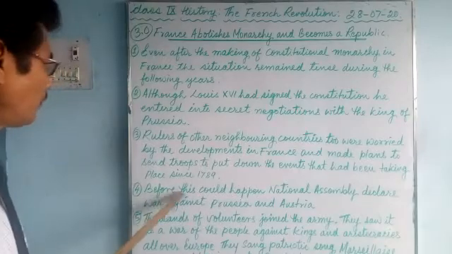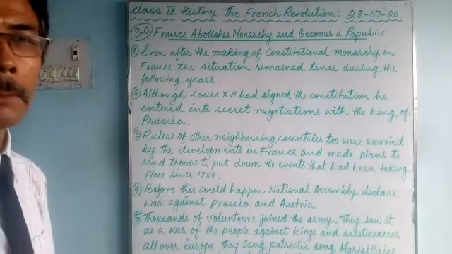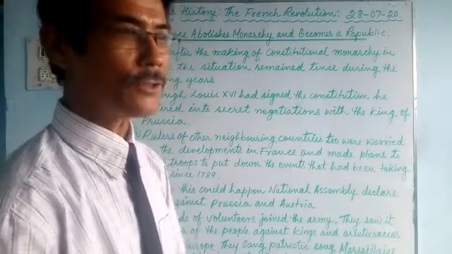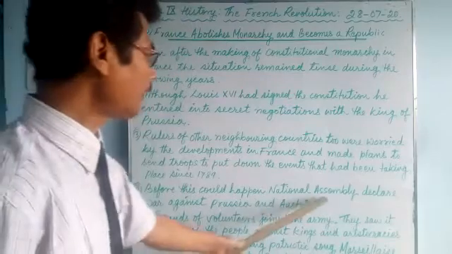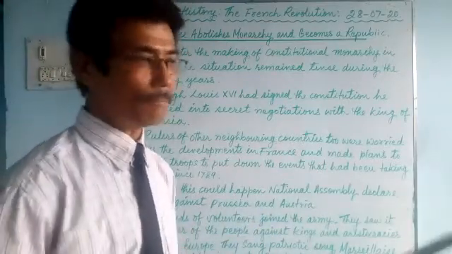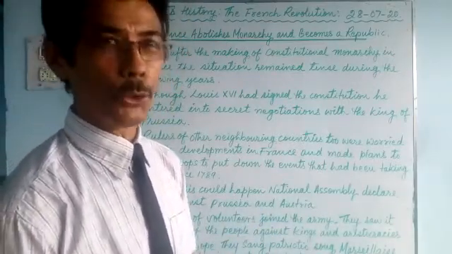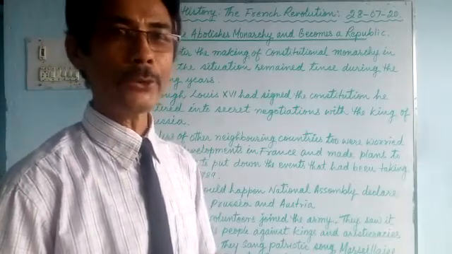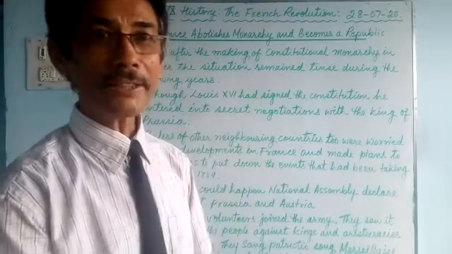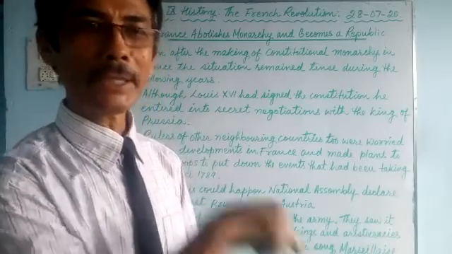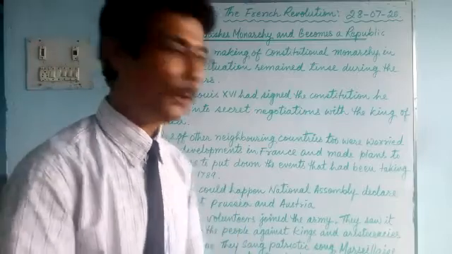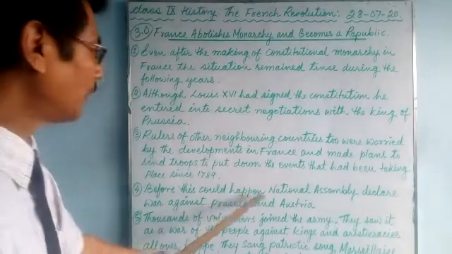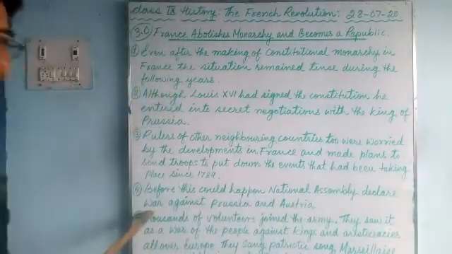Before the neighboring countries could send troops into France, the National Assembly of France somehow came to know that other countries were planning to send troops to help King Louis XVI. So, before the foreign troops could enter France,